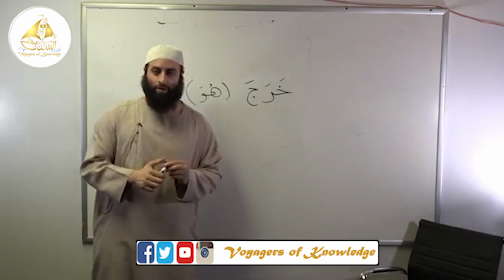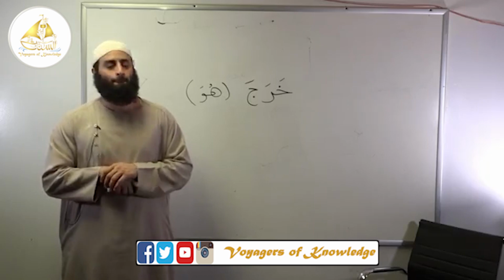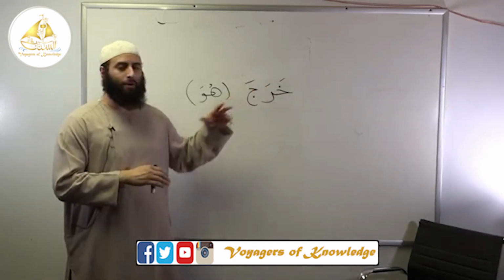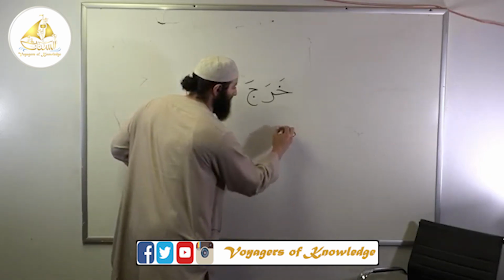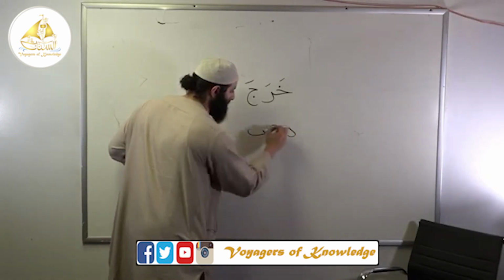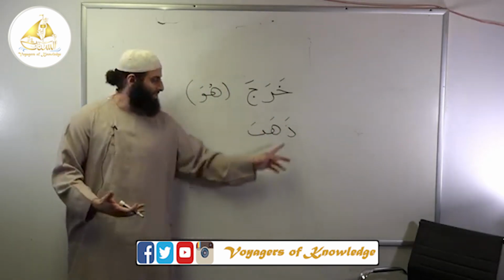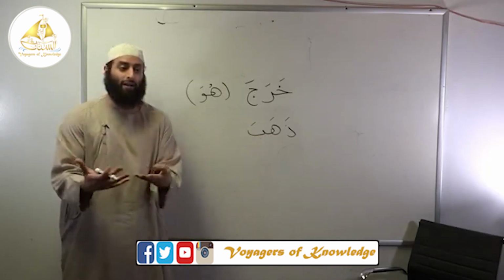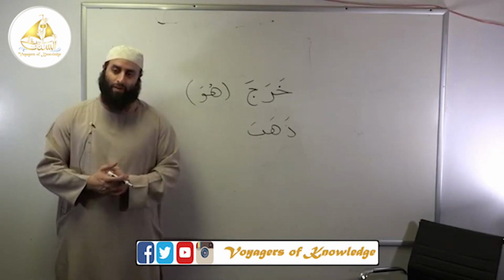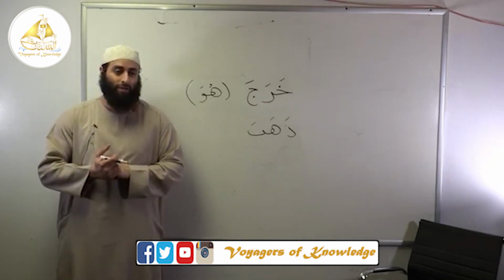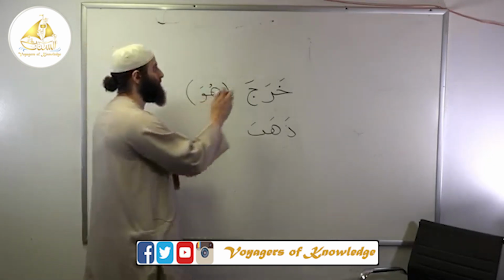If I say kharaja, it means he exited or left. When you say it comes like this, are you talking about when they're all with fatha or just when the last letter is with the fatha? Whenever you see something like this, when you come across a word you don't know, here's another one. You don't have to try to figure out whether this is a noun or a harf. It says dhahaba. You should automatically know that it's doing the same thing as this one, which makes it a verb, a fi'l. And it makes it a fi'l madi. That's a new word and we need to put it on the board.